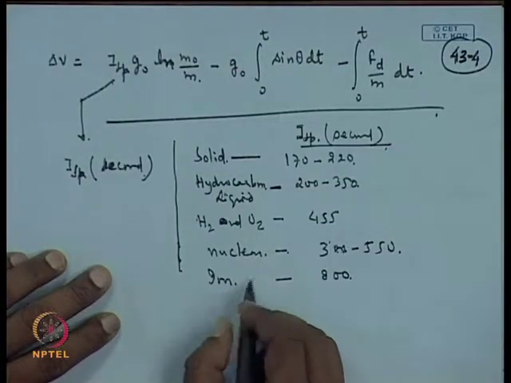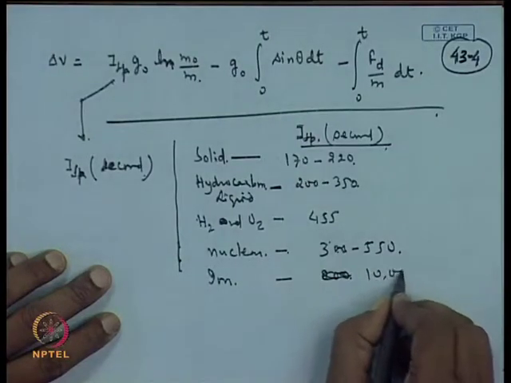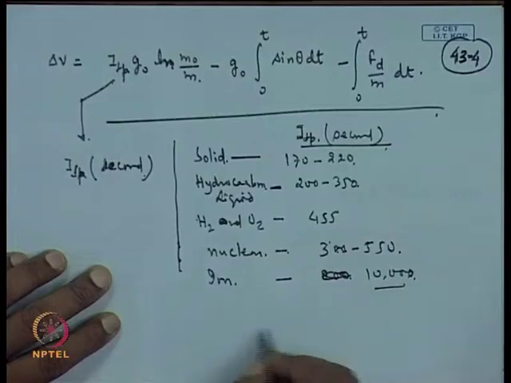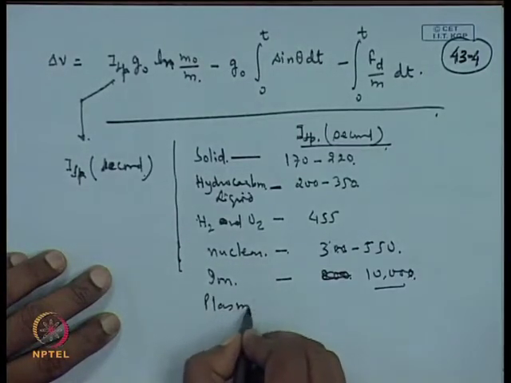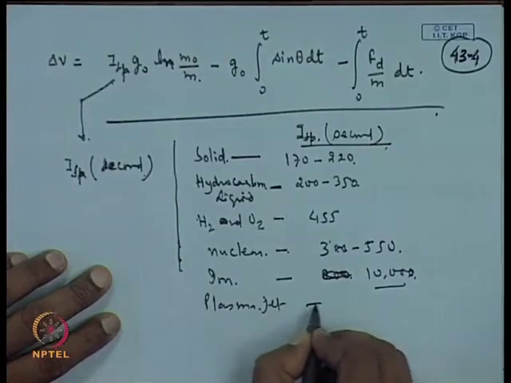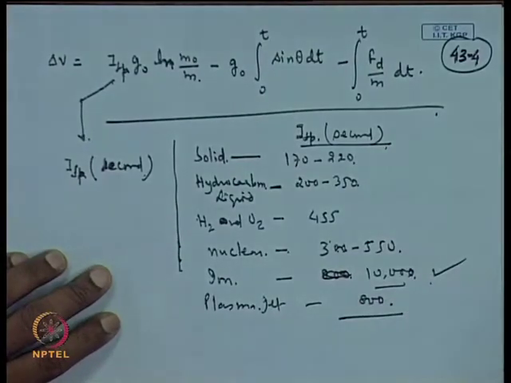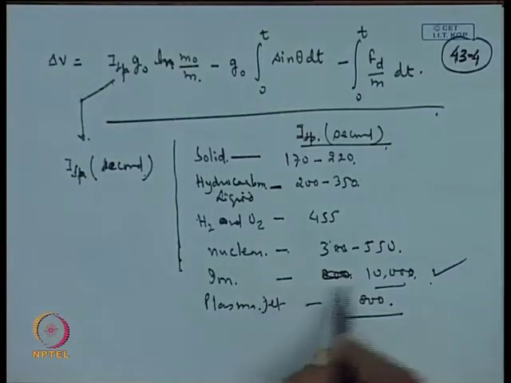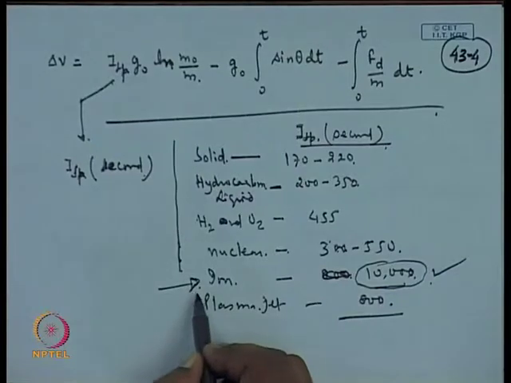And then we have, sorry, for the ion we have 10,000 seconds, and we can have the plasma jet. Plasma jet, this is around 800 seconds. So, for ions we have 10,000 seconds, but later on we will see that. So, it appears from here that using the ion rockets is very advantageous,